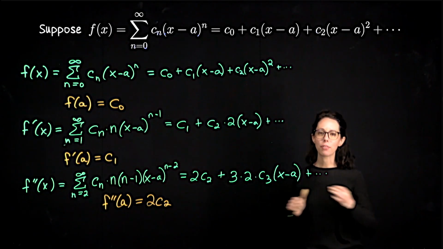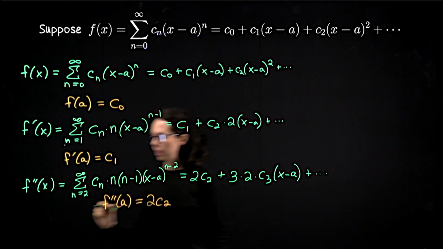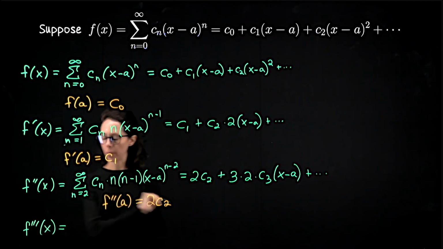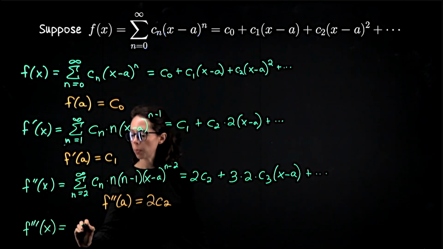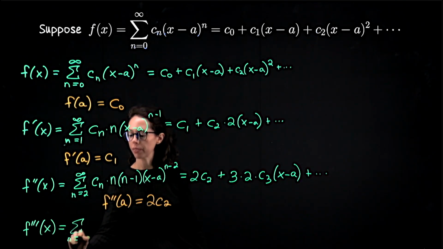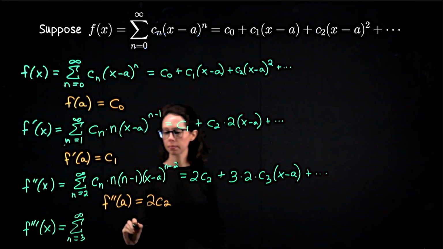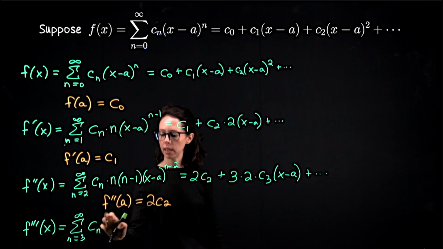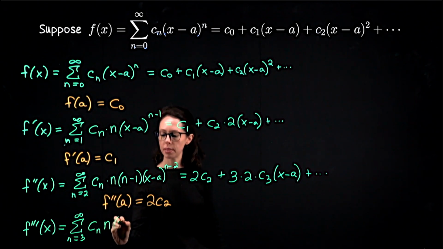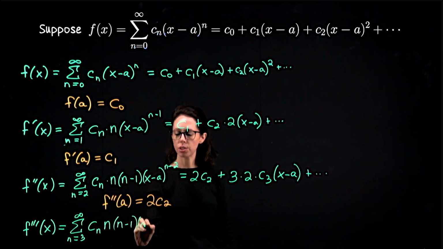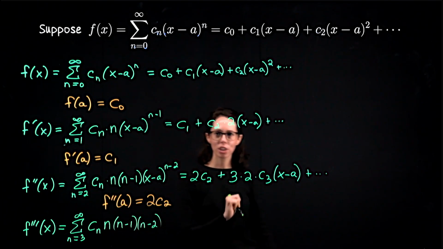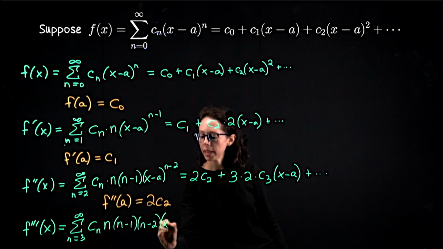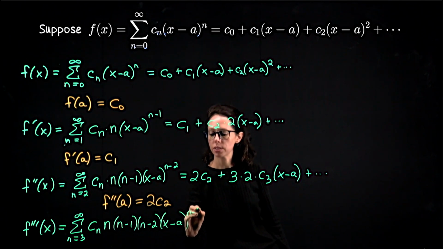Okay, here's what I hope you got for the third derivative of f. If we differentiate the line above, we'll have f triple prime. The lower index will bump up once again, so that we're indexing from n equals 3 to infinity. Power rule again. So we'll have c sub n times n minus 1 times n minus 2, and that kind of decreasing term behavior is what's going to be key to writing down the general form, times x minus a to the n minus 3.